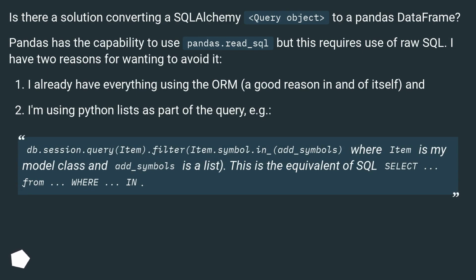Pandas has the capability to use pandas.read_sql, but this requires use of raw SQL. I have two reasons for wanting to avoid it. I already have everything using the ORM, a good reason in and of itself, and I'm using Python lists as